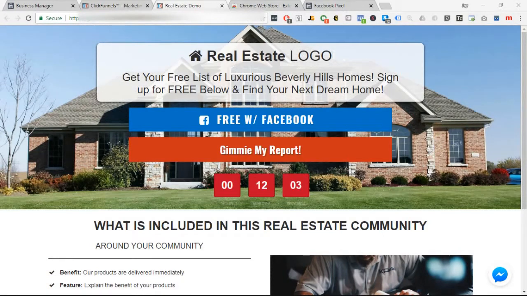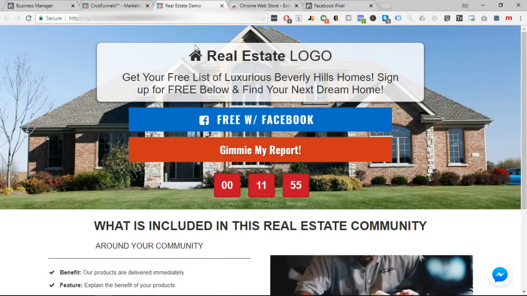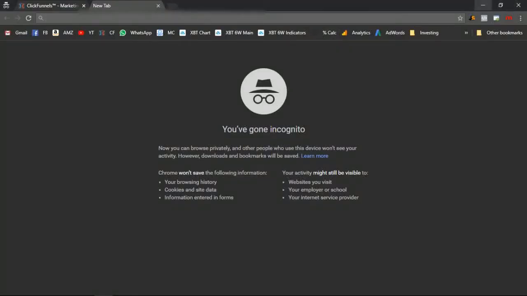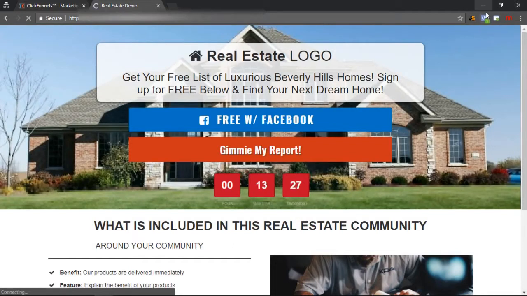I already have that pulled up, so let me just bring it up real quick. All right. I'm gonna have to copy this link real quick. So if you have to do it this way, you're gonna have to install the Pixel Helper also onto your incognito window. I'll show you that real quick, but first